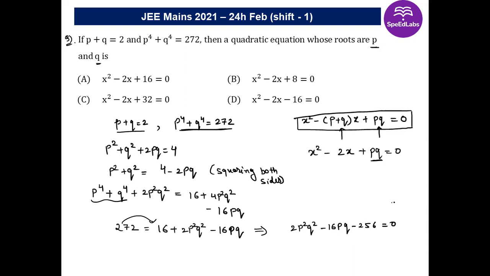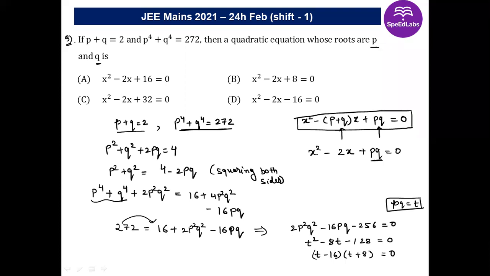In pq this is a quadratic, so if you substitute pq, let's suppose as equals to t, so this equation, and if I divide it with 2 also, so this equation will become t square. I'm dividing whole equation with 2, so this 2 is gone, this will become minus 8t, and this will become minus 128 equals to 0. Now you can simply see it's a quadratic equation in t, and the factors are also quite easy. The factors will be t minus 16 into t plus 8, right? You can multiply, you'll get this.